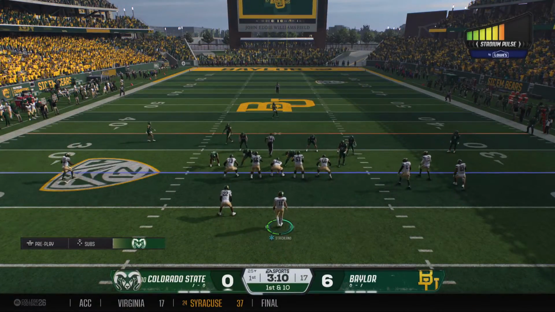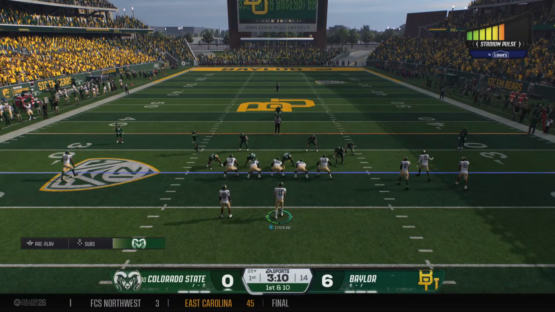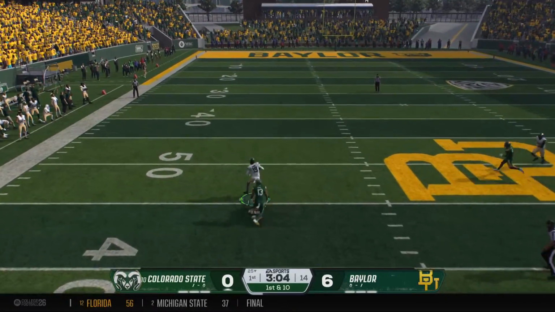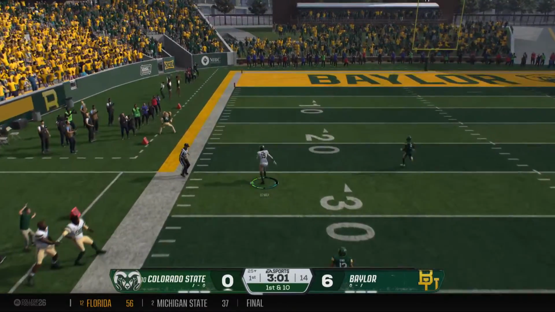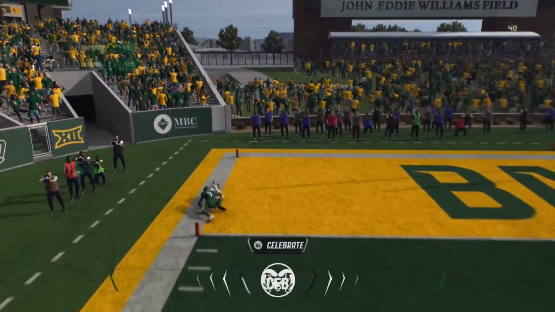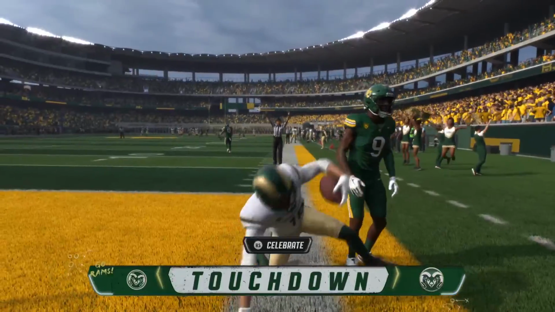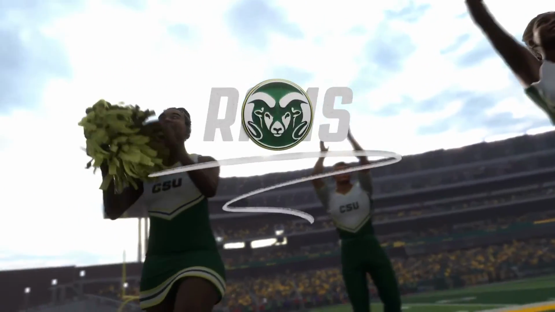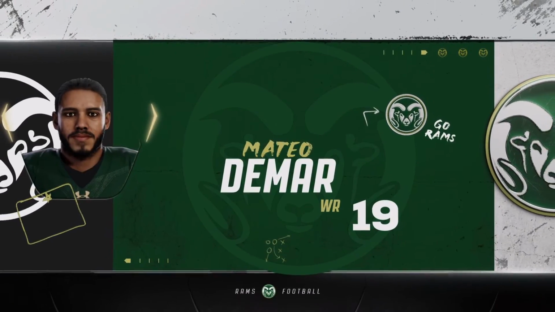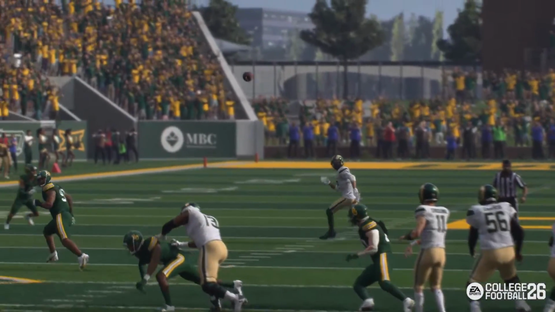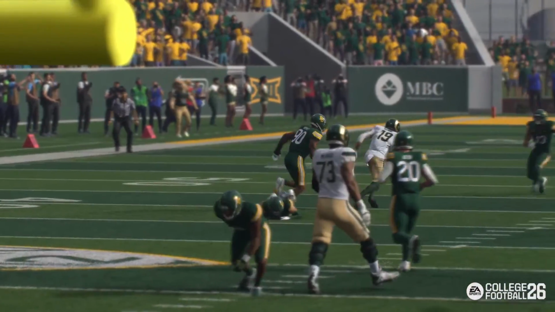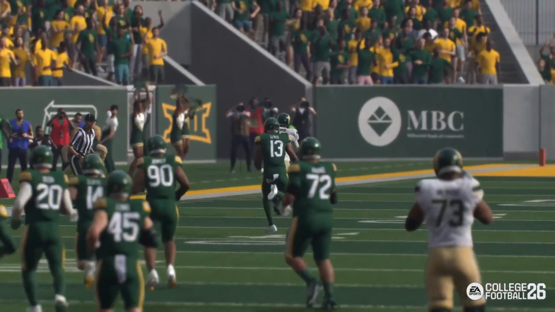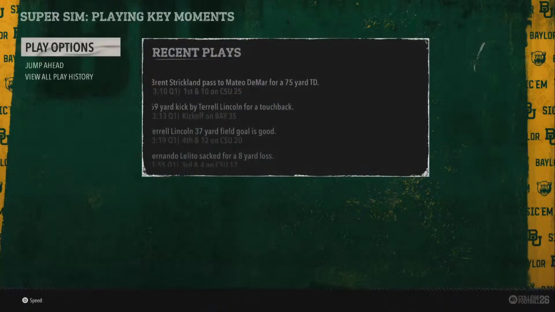Colorado State takes over. The Rams offense returns to the field. They'd love to get something started here, down 6-0. Unloads to the wideout, on target to the left. How about that elusiveness? He's got space. And he'll take it in and house it. Touchdown, Colorado State. The quarterback's ability to read the field is huge, and also the anticipation, the timing. To be able to throw the football, Jesse, and hit a guy in stride so he can get run after the catch and get in the end zone, that was a nice job by the quarterback. Yeah, it's critical, David. And listen, a lot of times touchdown passes aren't thrown into the end zone. You've got to read the coverage, hit the open guy, and